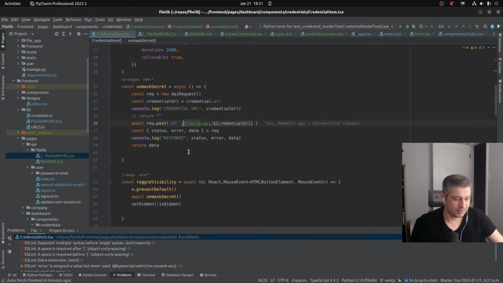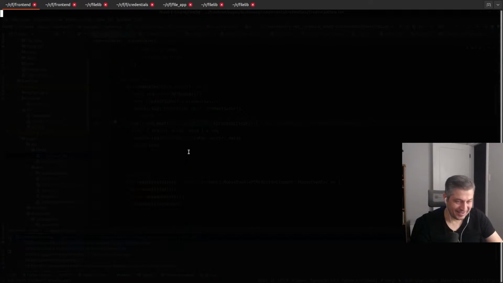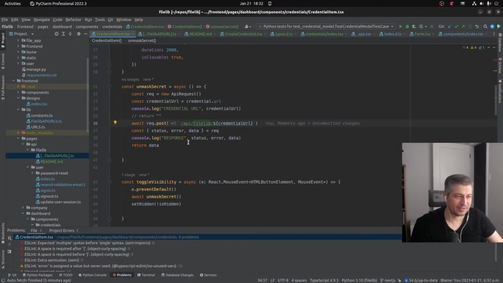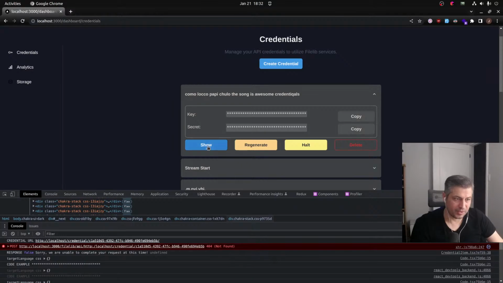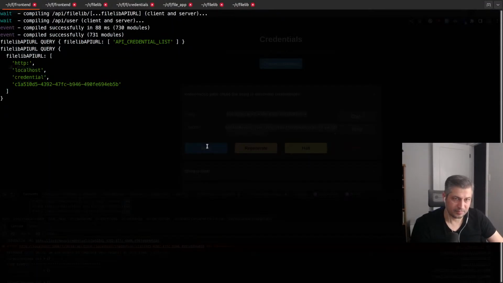Oh, I did this wrong. API file lib. That was my bad. I need to turn it into a shared constant so I can actually use that thing properly. Okay. So if I click on this again,